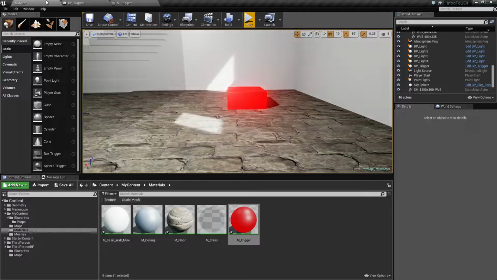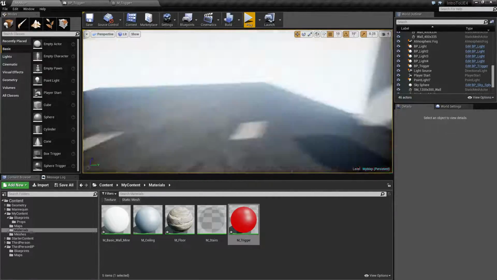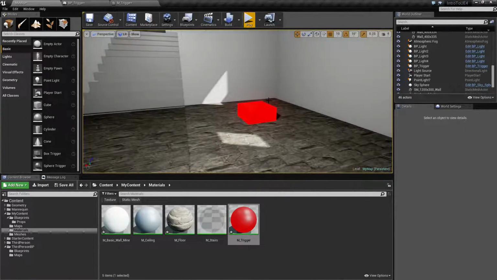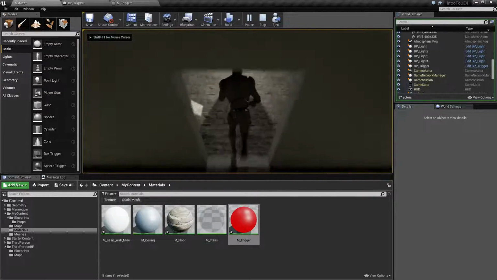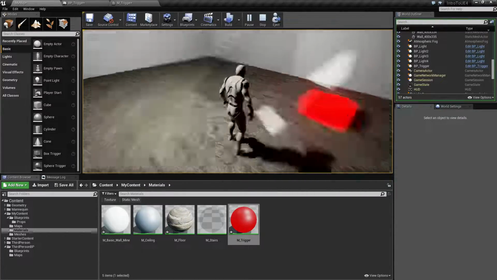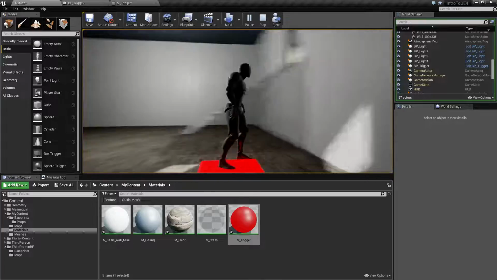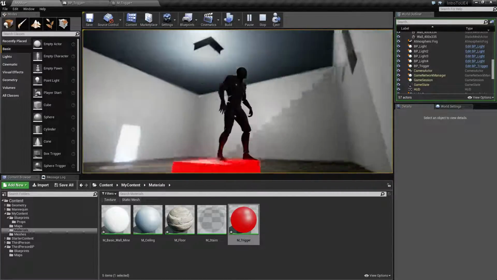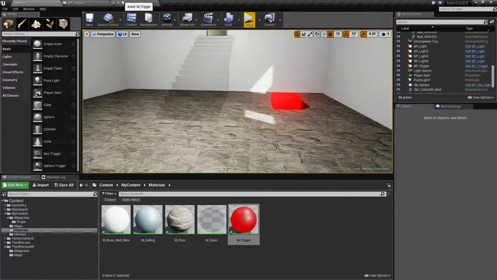We'll compile it and look, and there we go. It gives us this kind of little glow effect. Not only that, it's always going to be visible inside of our scene. So when we look, it's not affected by light at all. It's this nice red effect. And actually, it's kind of cool because it's emissive. You can actually see it reflected off the player a little bit. So we have this little red. One cool thing about emissive